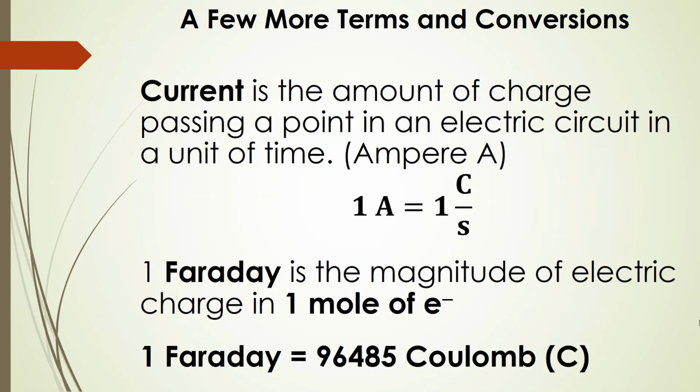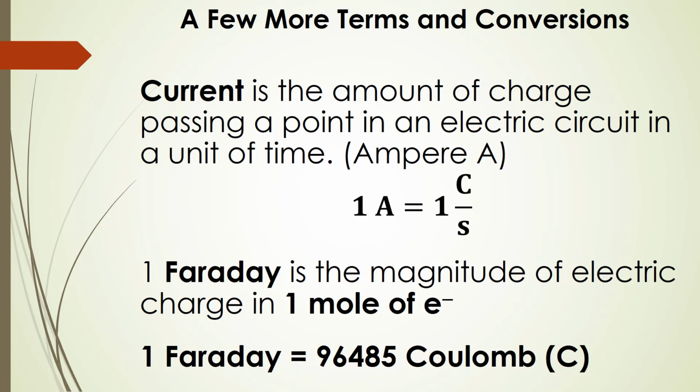Now current, this is the amount of charge that passes a point in an electric circuit in a unit of time. And usually this unit of time is seconds. And so the definition for an amp or an ampere is 1 coulomb per second. A Faraday, this is the magnitude of electric charge in 1 mole of electrons, and it's given in coulombs as well. And so 1 Faraday, represented with capital F, is equal to